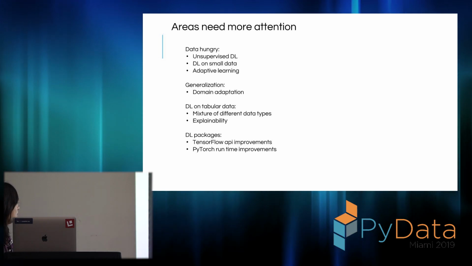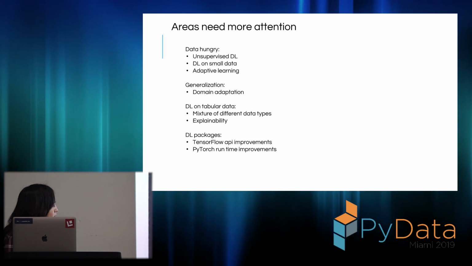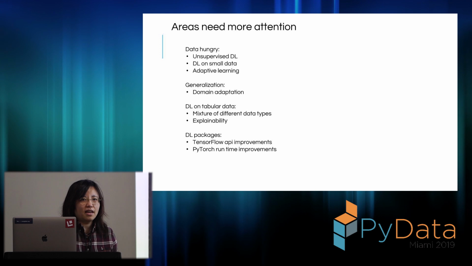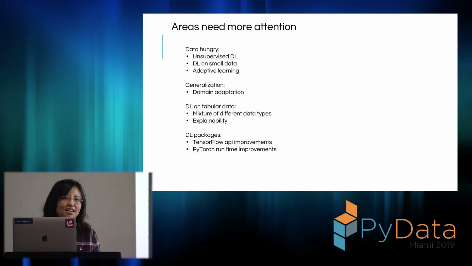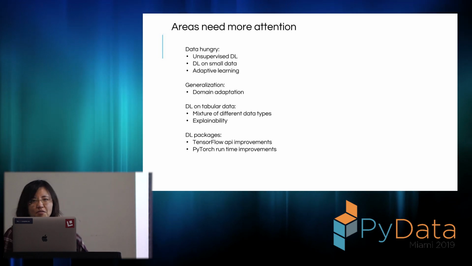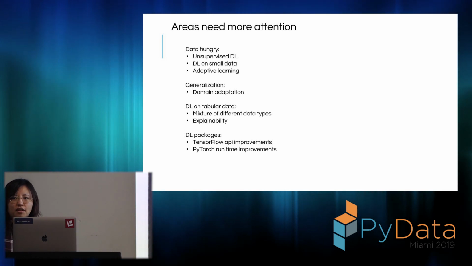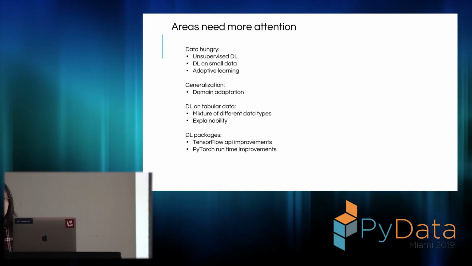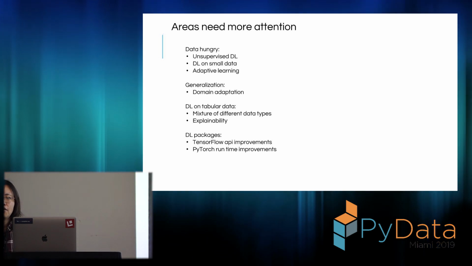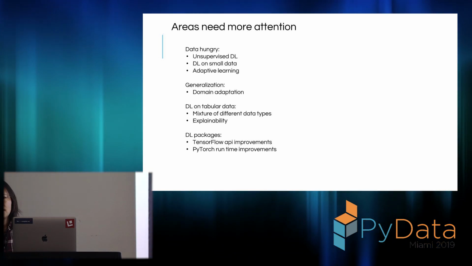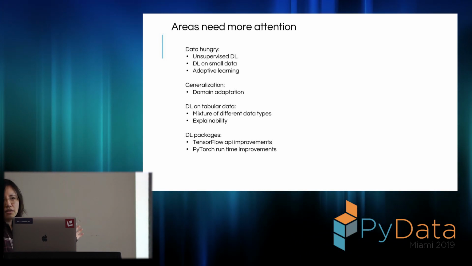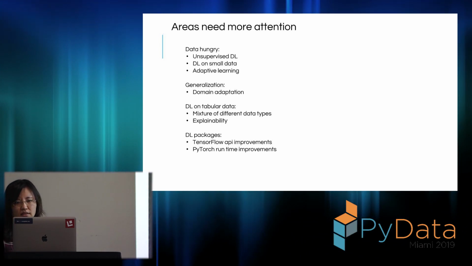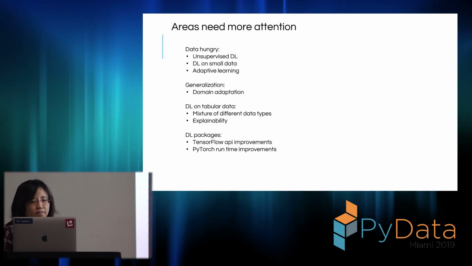On the package side, as data scientists, we really like PyTorch because the API is much friendlier than TensorFlow. But our data engineers like TensorFlow because it's easy to parallelize, has low latency, and has a friendly Java API for them to use. So I think eventually one of them may win, and then it's easier for us to choose.